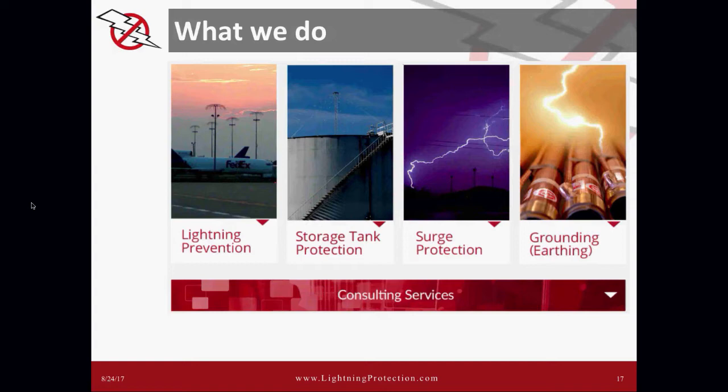I like to describe a systems approach in lightning protection as utilizing 3 legs of a stool. Those 3 legs being the direct strike protection, strategic surge protection on AC power, data line, control lines, and grounding products, all working together as a system, as a team, to provide this total isolation. We can always carve out 1 or 2 of those depending on the needs and concerns, but that's what we bring. We bring the expertise and the wealth of knowledge to integrate those into effective systems to protect a facility